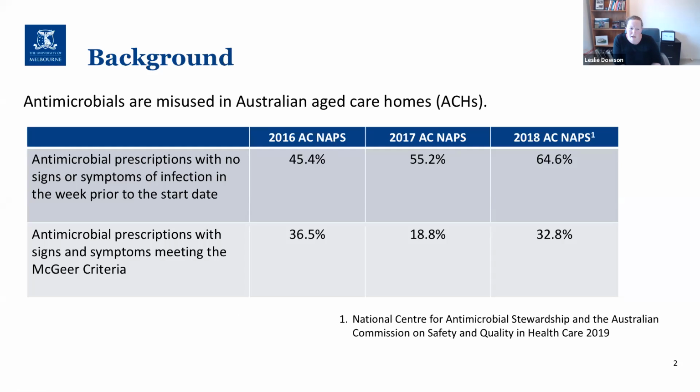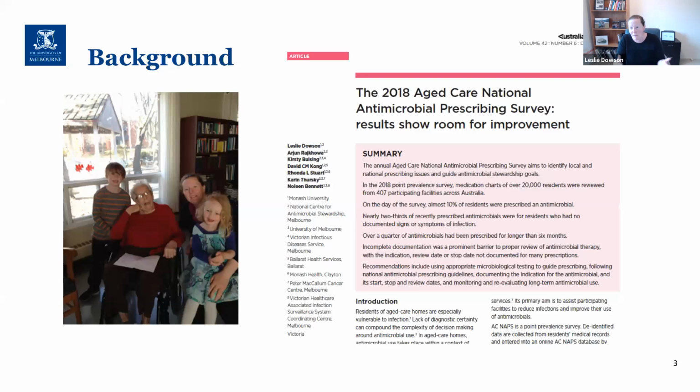And when we look stricter at the McGeer criteria, which is an infection surveillance criteria, we see that somewhere around 30% of antimicrobials are prescribed for indications that meet those criteria. Globally, it's about the same, and we can argue long into the night about how we count these things and whether such things as over-the-counters and topicals should be included. But ultimately, I've never heard anybody argue that this is done particularly well in aged care homes or long-term care, and that there definitely is room for improvement